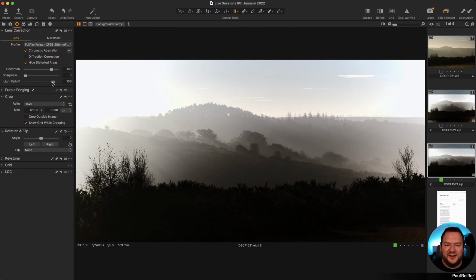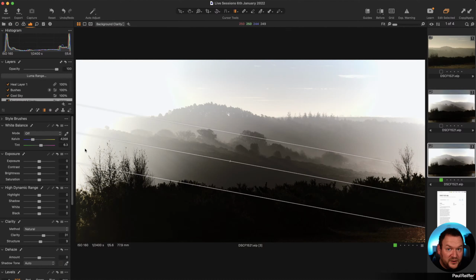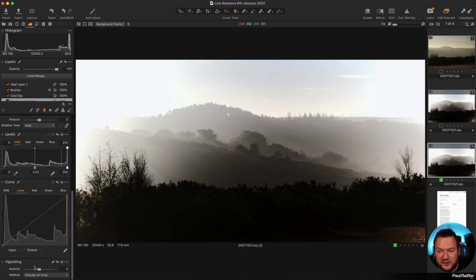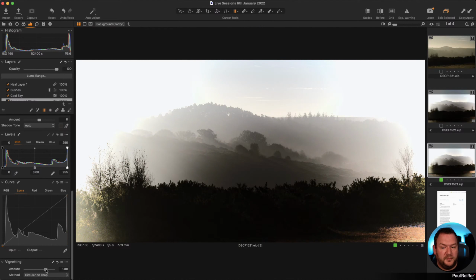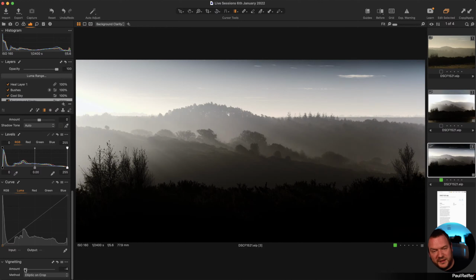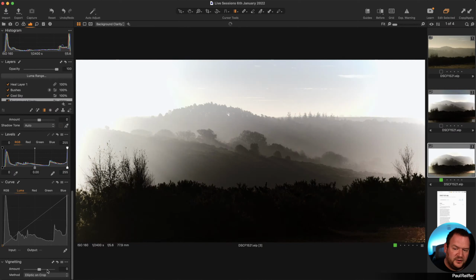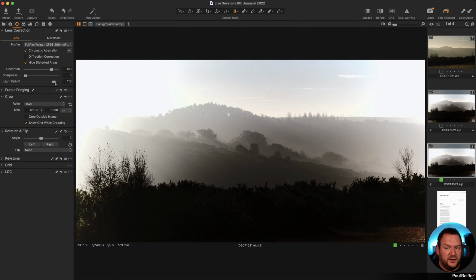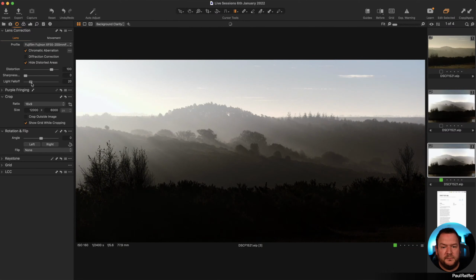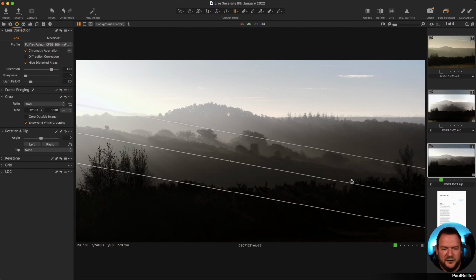But if you overdo light fall off, whether intentionally or not, you will end up with this, which is glows at the outside and then the middle is left alone. So if ever you see this and it's wrong, the first place to look actually isn't even light fall off. It's in your exposure tab at the bottom normally, and make sure you haven't got vignetting up. Vignetting to the left makes things darker at the edges. Vignetting to the right makes things lighter at the edges. Make sure you haven't done that accidentally. If it's not vignetting, it's possibly light fall off. And we'll just back it away. So now we're probably back to closer to what Jamie probably had exported.